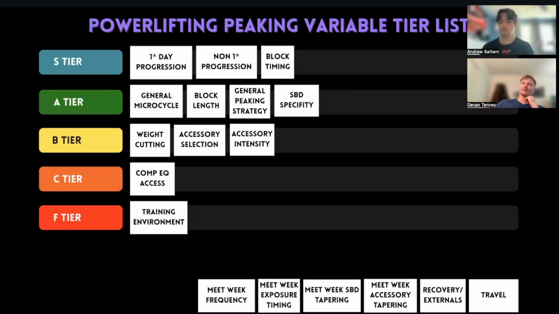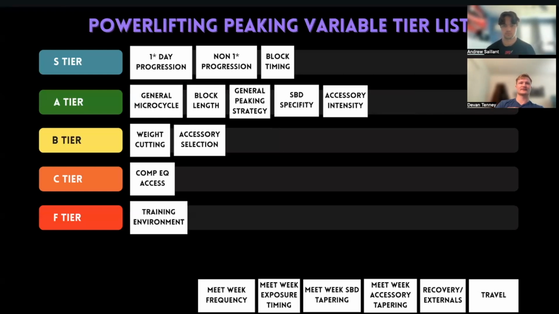Yeah, I agree. And I think this and meet week exposure timing are both pretty similarly important and go hand in hand. Again, it swings on a pretty significant spectrum, but I fully agree. There needs to be some adjusting, especially for a higher frequency bench when the primary session is not on the meet day already. There needs to be maybe minus or plus one bench days to adjust for that. So I agree, probably A tier, somewhere towards the middle or bottom of it. So yeah, we'll put that here for now.